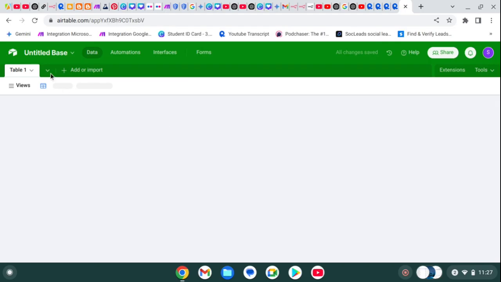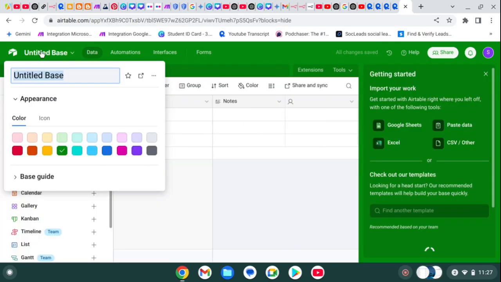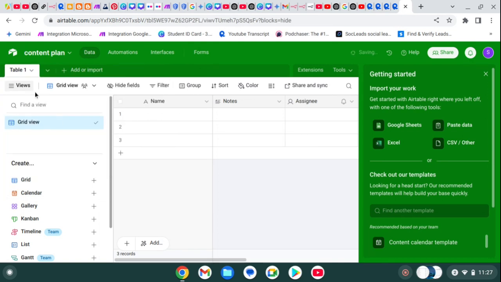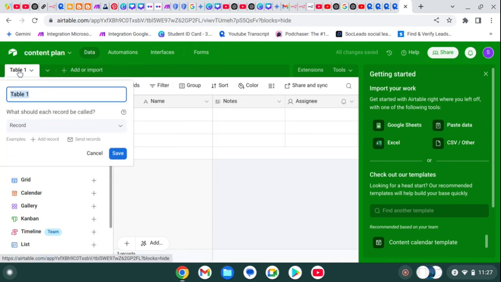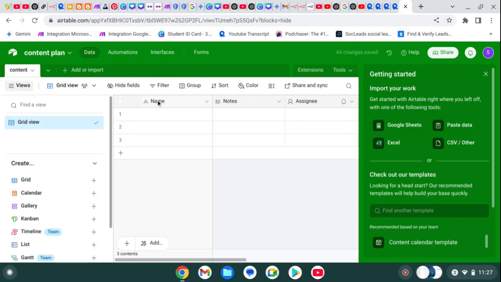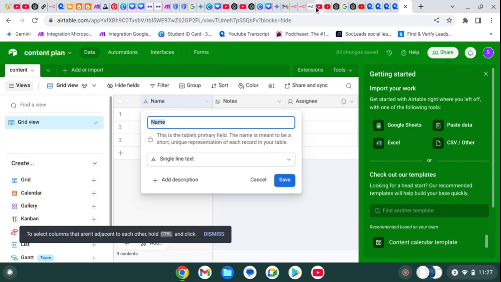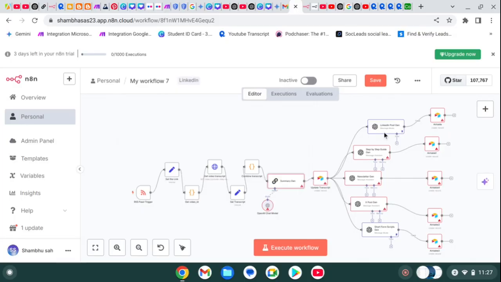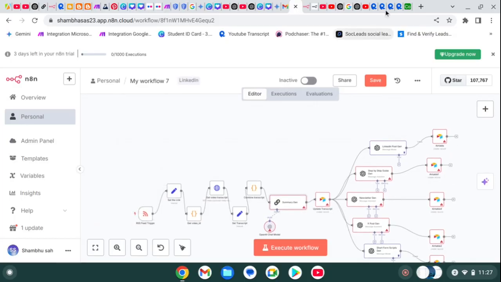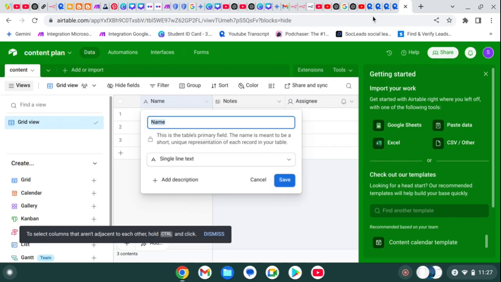So we need to rename it to content, and simply name it plan, and we use table to content. I type content only and just simply save it. So we want to convert into various parts, we simply convert into newsletter. Here you can see we want to convert into LinkedIn post, step by step guide, newsletter. So let's type everything,